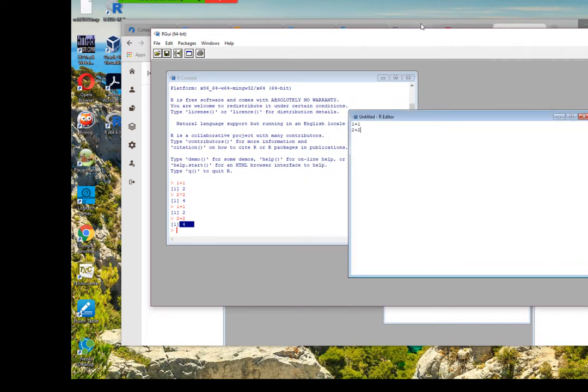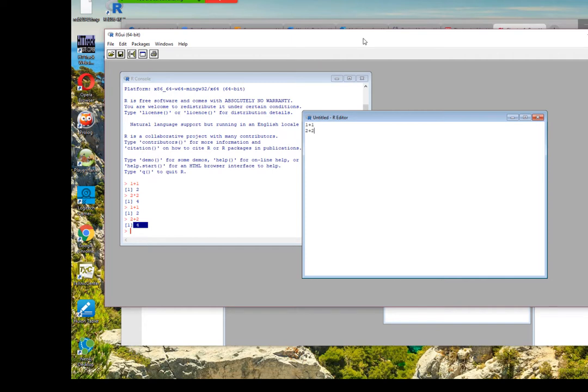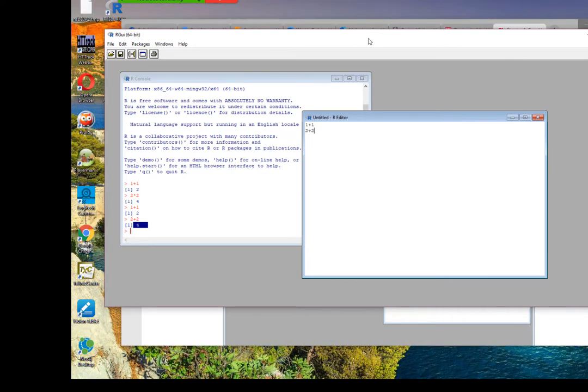However, many people use RStudio, which is an IDE, an integrated development environment. Basically, it's just an editor for R. You can think of it that way. I assume that you already installed RStudio.